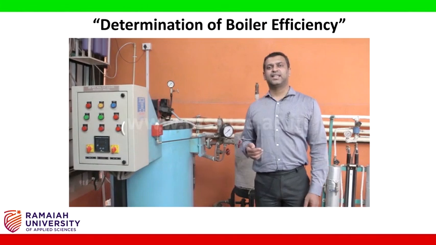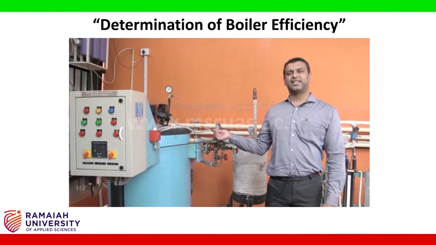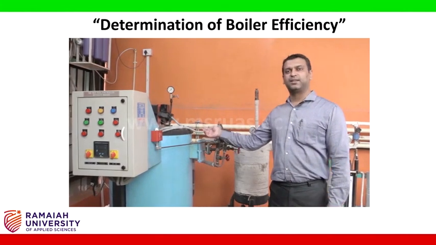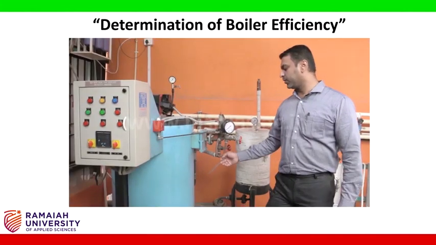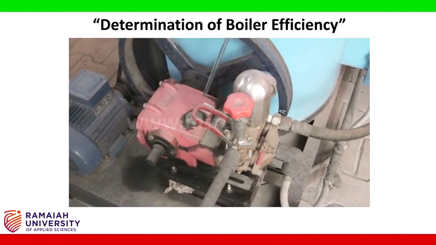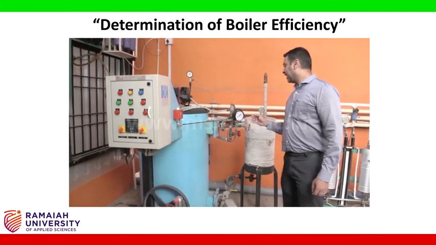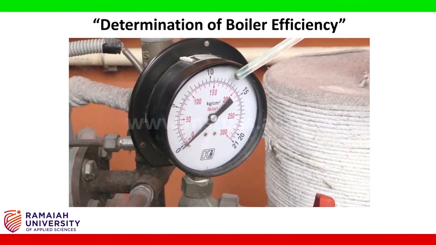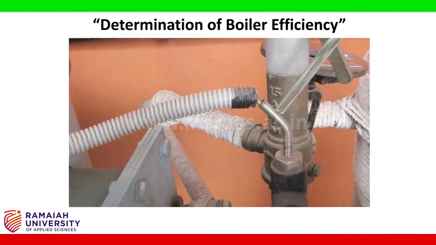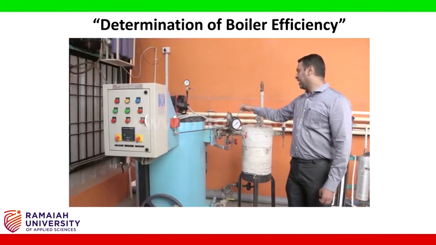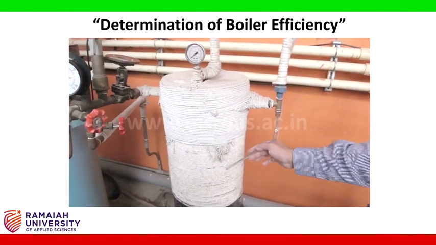Hello students, here we are in the laboratory scale steam power lab, and we start out with the steam boiler. This one is a packaged boiler, and water supplied to the boiler is from the positive displacement pump, which you can see here. Steam pressure can be measured using this dial, and there is a temperature measurement at this point of the steam. Steam from the boiler is filled up in the accumulator. This one is the accumulator,